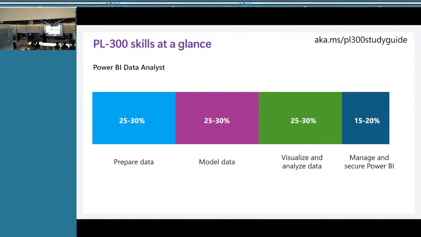Can anyone tell me a little bit about what are some considerations to keep in mind when it comes to modeling data in Power BI? Making sure it's not many-to-many. Okay. What was the key word there? Relationships.